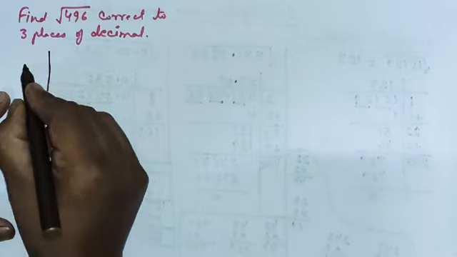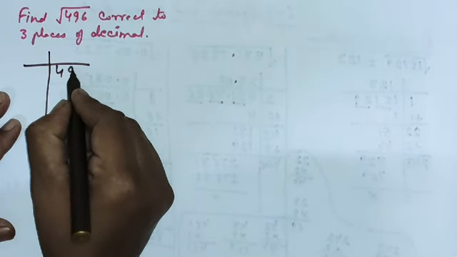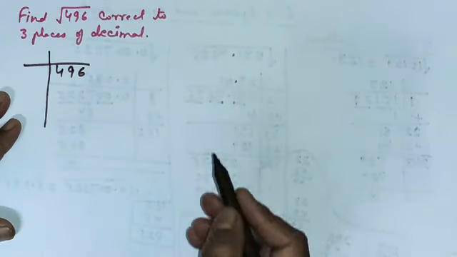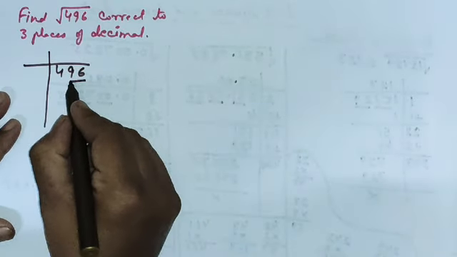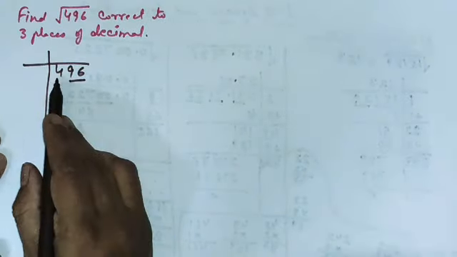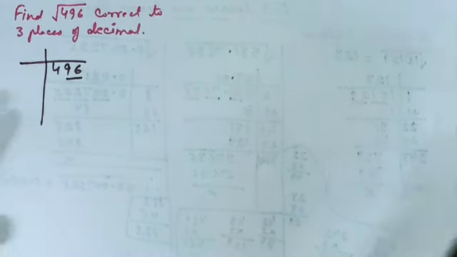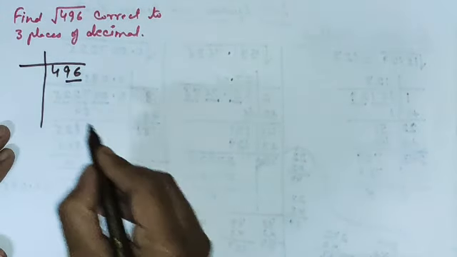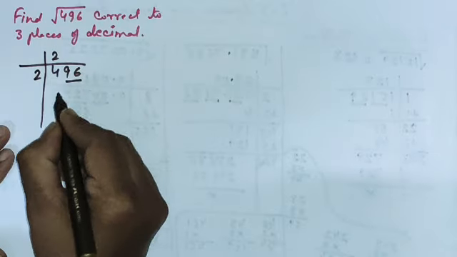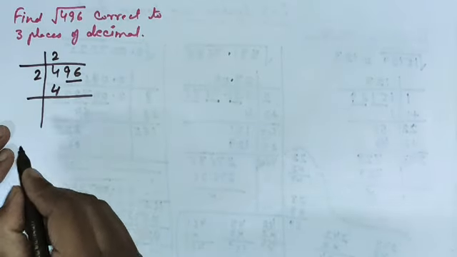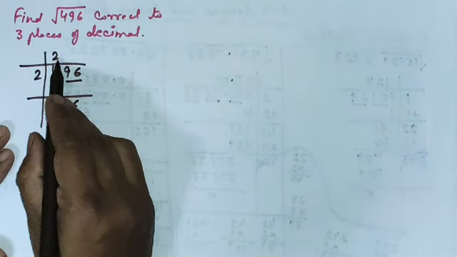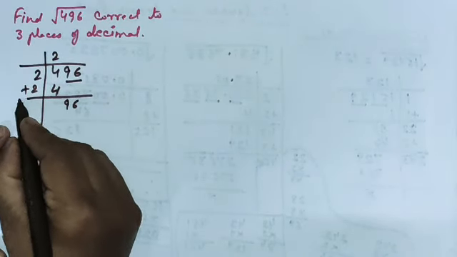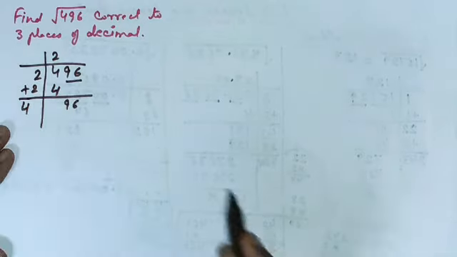Now I am going to solve this question. We are going to find the square root of 496. So 496, I will start making the pair from the right hand side. This is the pair formed. 1 4 is remaining, so I will divide this 4. So 4 is the square of 2, 1 2 here and 1 2 here, 2 2s are 4. This is divided completely. Carry the next pair, 96. This 2 I will add here. 2 plus 2 is 4.